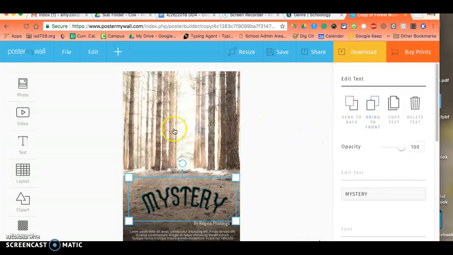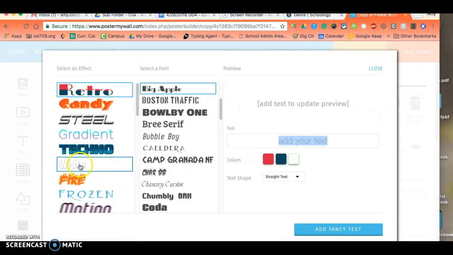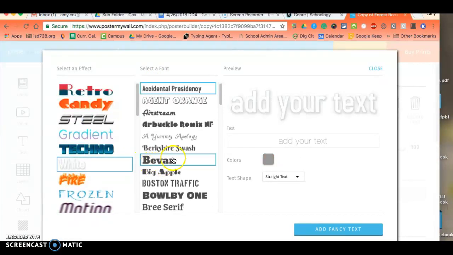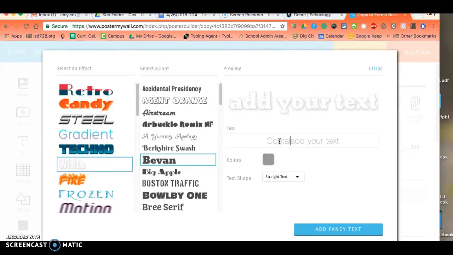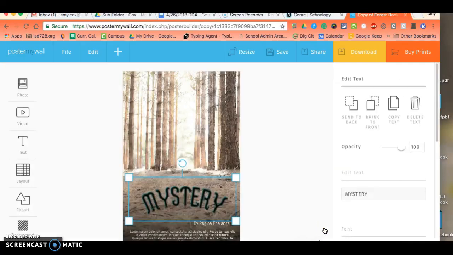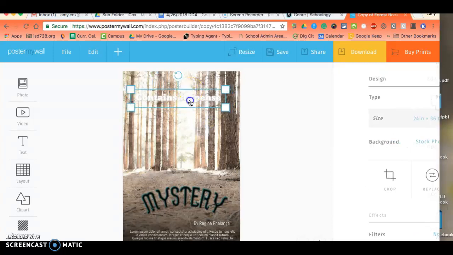Okay? If I need to insert text, I can do it from here. And it's kind of backwards, so I would add my text, choose my effect, choose my text, and then type my text here. Contains suspense. I'm going to delete this. And you can preview what it will look like right here. So maybe I'm going to add that. I add it, and then I can make it bigger, and I can move it around